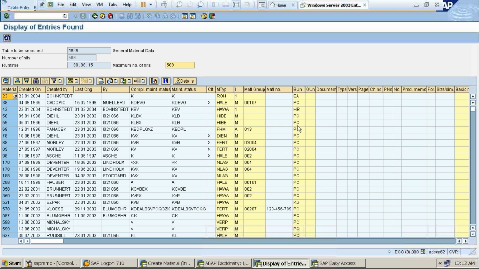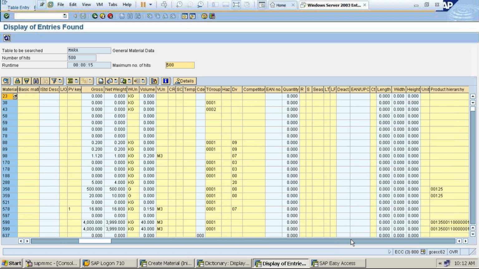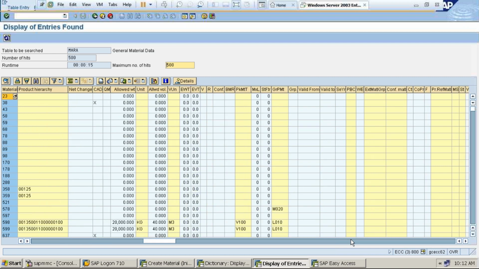And whether the unit is piece, each, kilogram, this is all unit of measure, base unit of measure. So all this information is there in the MARA table, related to material master.